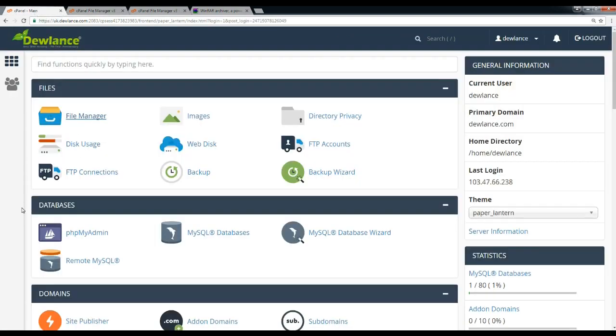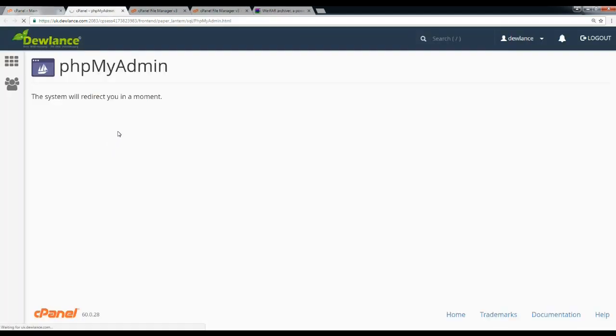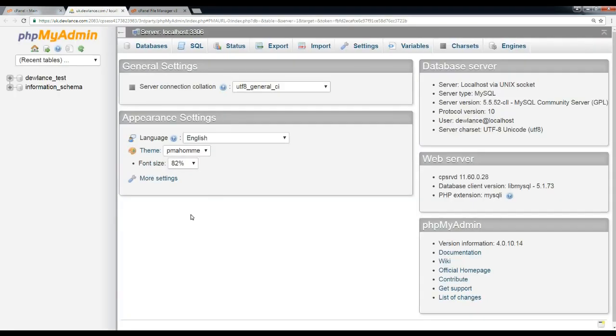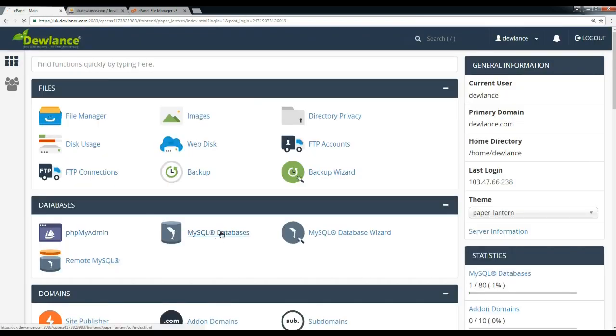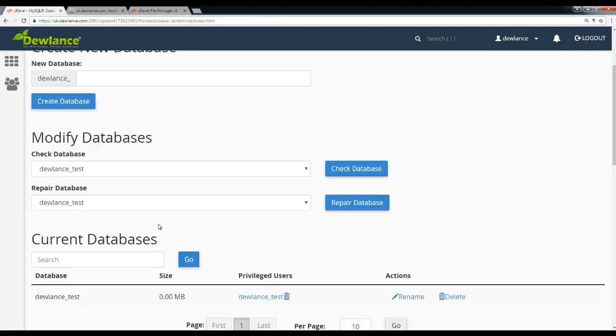Now go back to the main cPanel interface. Now we are going to restore MySQL databases. Under Databases you can find the phpMyAdmin option. Click to open phpMyAdmin. Here is one of our databases. If there is no database, then you can create it using this option. You can create it,